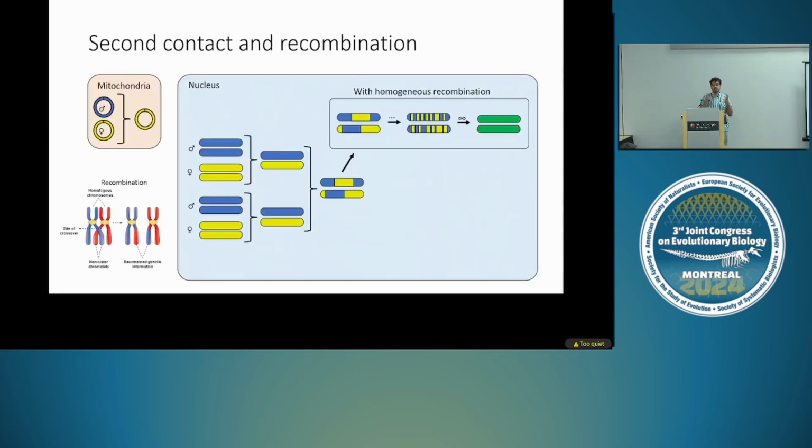And obviously, we can think about the mitochondria and the nuclear genome as complementary in our understanding of biodiversity, because they are inherited in very different ways and evolve separately. So mitochondria, as you know, is maternally inherited, whereas in the nuclear genome, when you have two, for example, blue and yellow lineages that meet, you'll have, through generations, with recombination, a mixing of those two lineages and subsequent admixture that breaks down